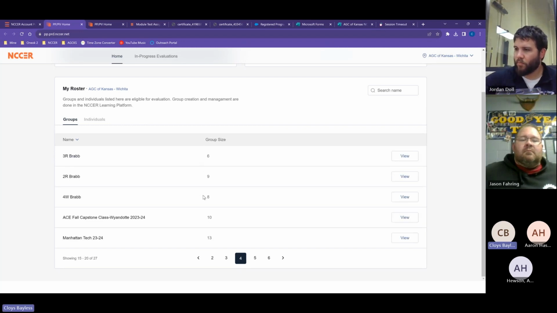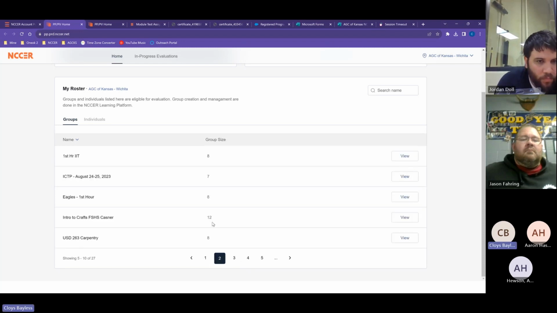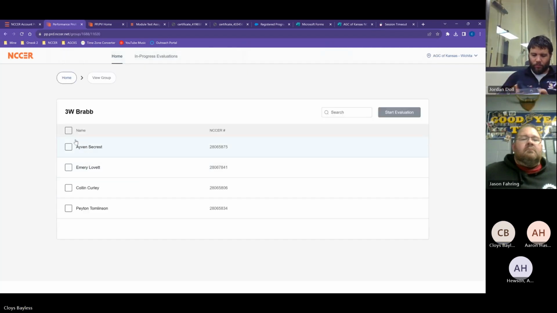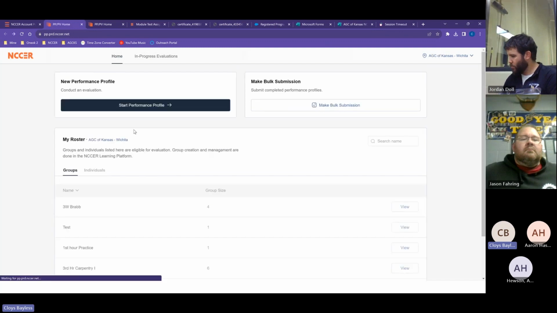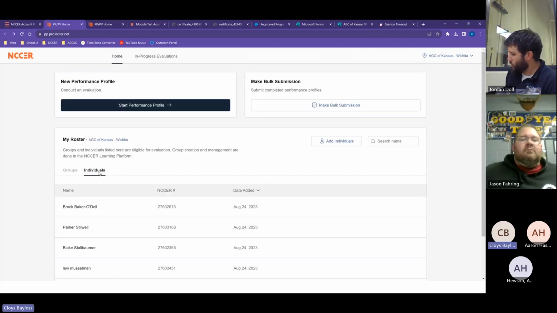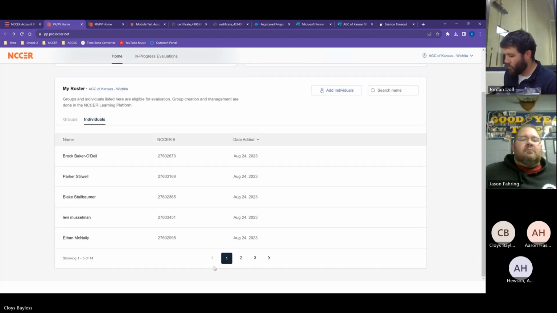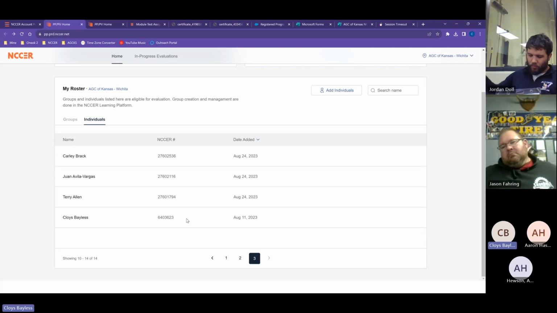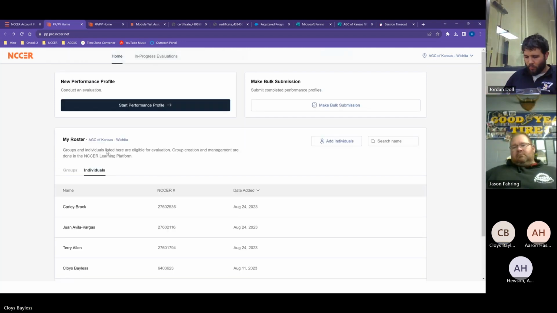You see how the group sizes say 6, 8, 9, 10. So you can put in your group and choose it. Or if you only have a couple of people, you can choose the couple of people. Or if you're just doing one person, you can do an individual. Let's see. So we'll choose individual.